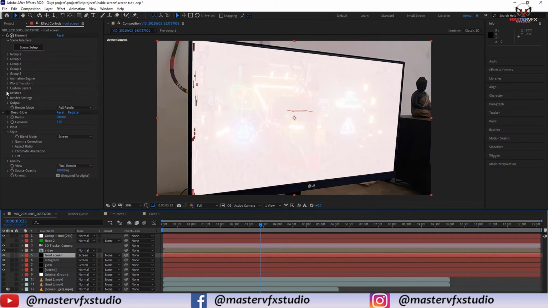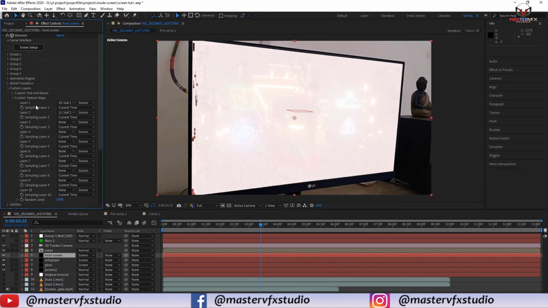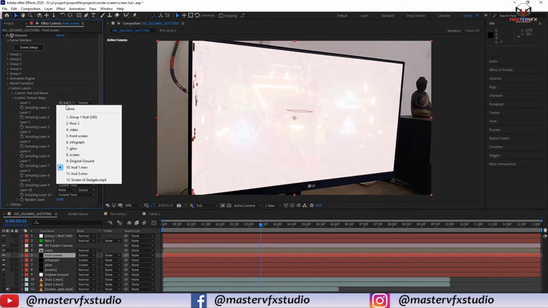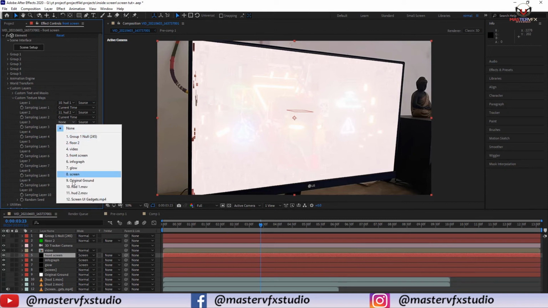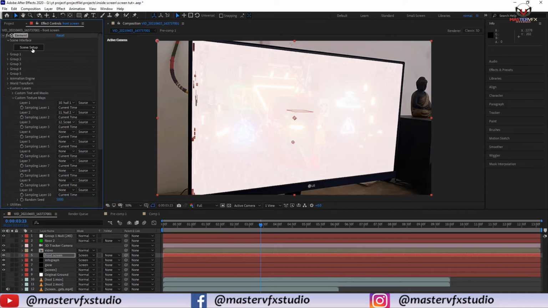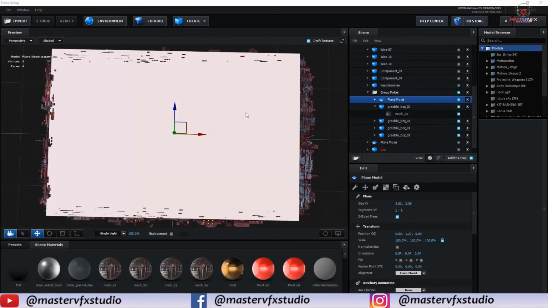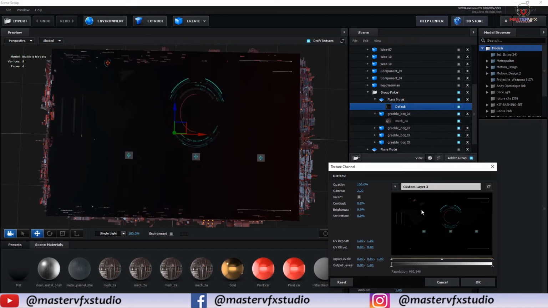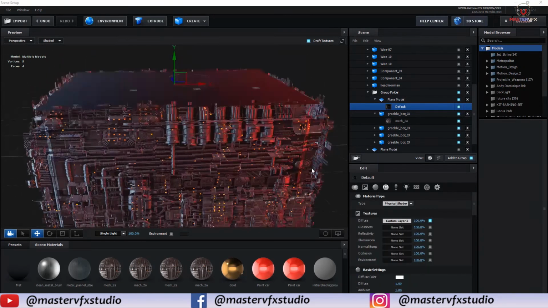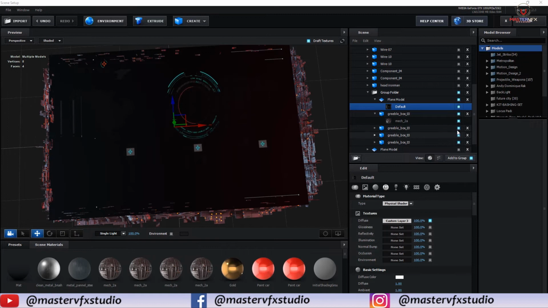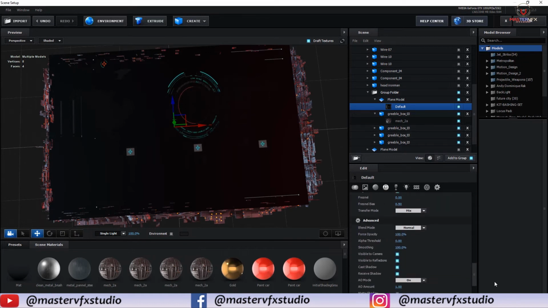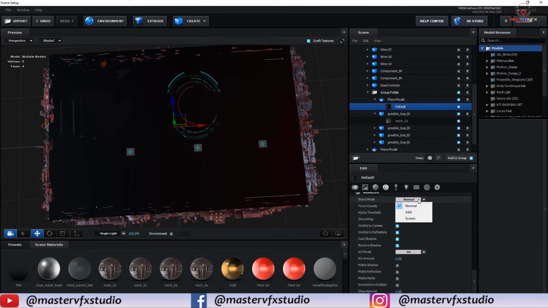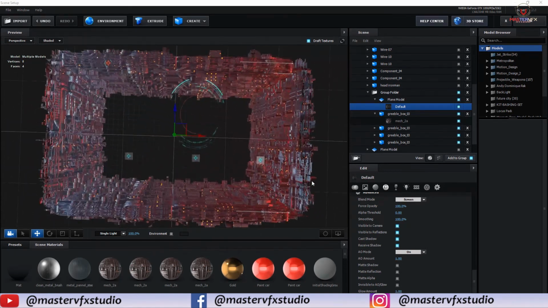select this custom layers in custom texture map, and here change it to screen UI. Okay, third number custom layer. Go inside Element, ready, select that plane. In diffuse, select our custom layer 3. Okay, and now guys, here change the mode from blend mode, from normal to screen. Okay, so now it looks good,